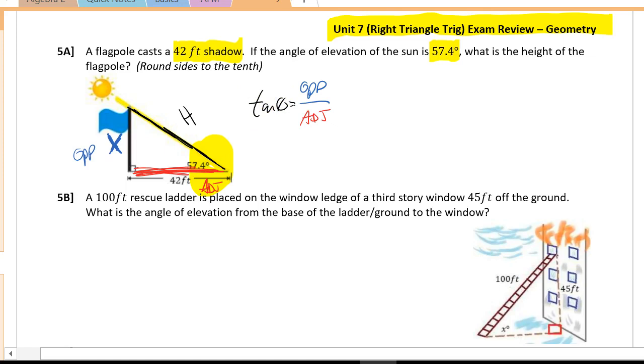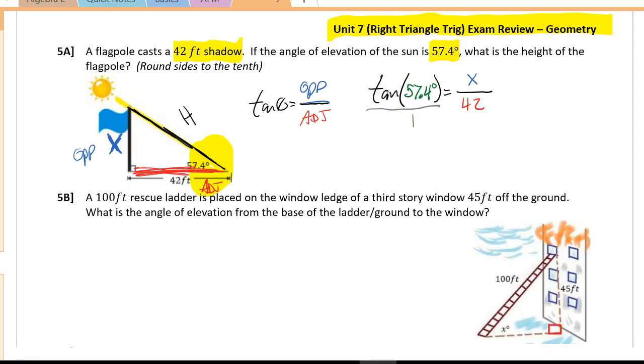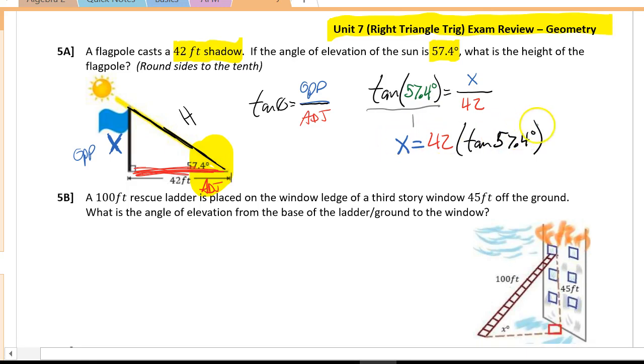So plugging in my known information gives us tangent of 57.4 degrees is equal to x over 42. Much like our earlier problems, we put this over 1, cross multiply to give us our answer for x. X is equal to 42 times the tangent of 57.4. X is isolated here, so I can simply plug this into my calculator. X is equal to